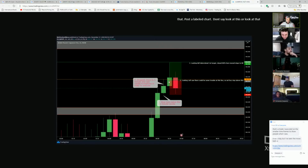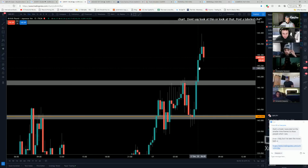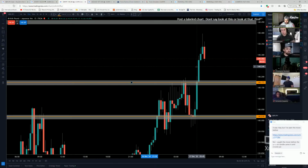Oh, wow. This was an aggressive entry over here. The reason why this was aggressive, even though in the 5 minute you saw some confirmations, is because we've already moved higher. Prices have already moved so much higher, and when you're taking impulse entries, or when price has already moved, it becomes a little risky, because as price starts moving away from support, okay, this concept is really important. As price starts moving away from this resistance,